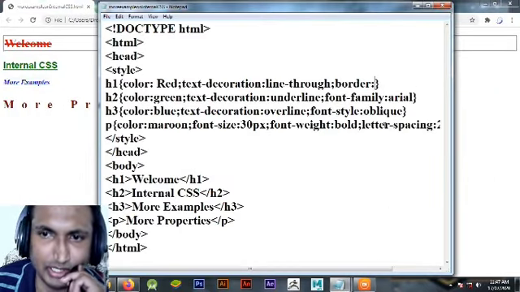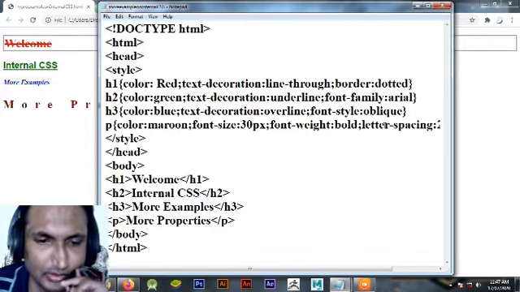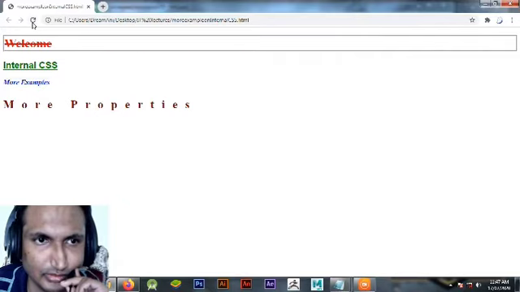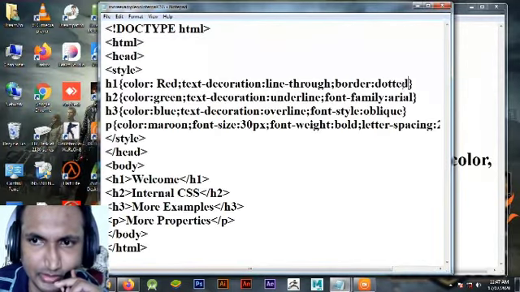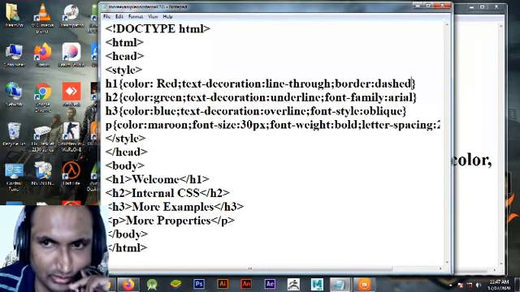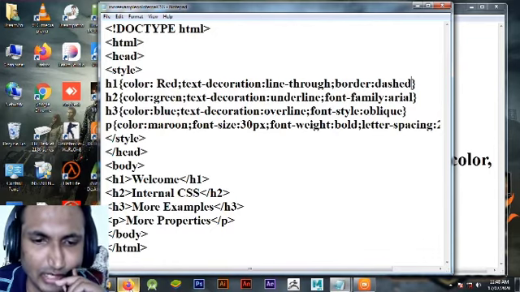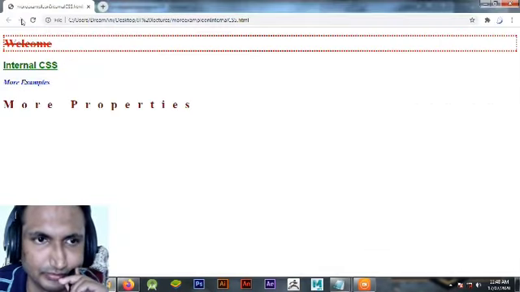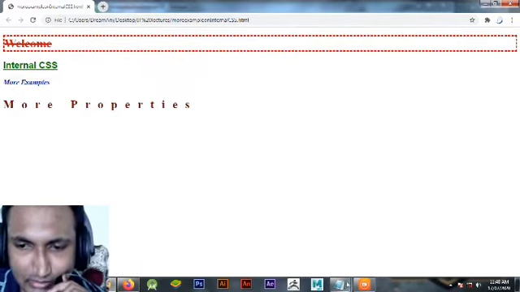Let's make it dotted here, so it will appear dotted, and if I make this dashed, it will appear like dashes. See, this is pretty interesting.